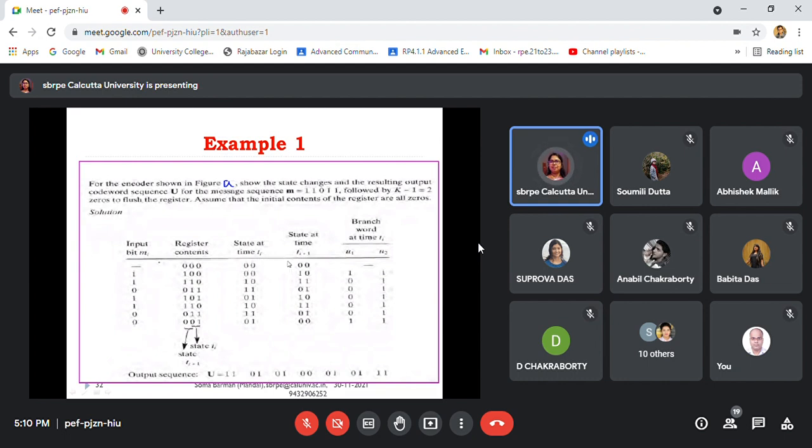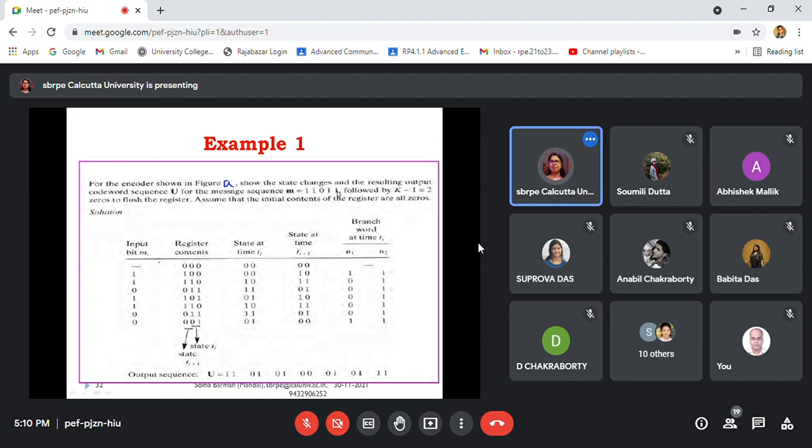At Ti plus 1, if 0 input is coming, what will be the next state? That will also be 0 0. Same thing is shown here. And if 1 input is coming, obviously that will change to 1 0, that is the B state. Here, how many inputs are coming? 1 2 3 4 5.